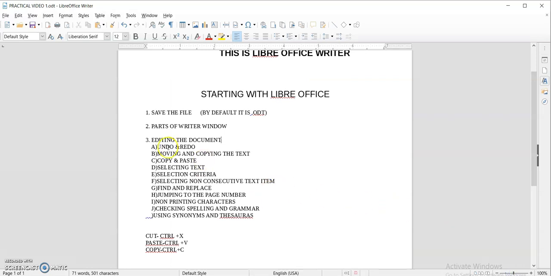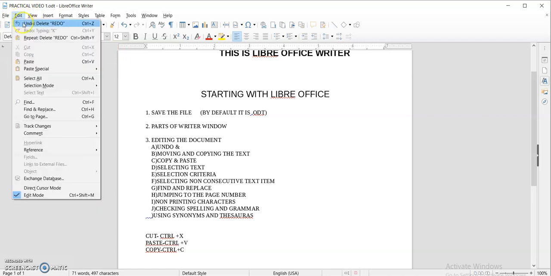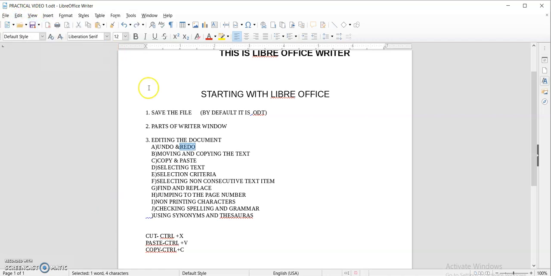Now the next is editing the document. First of all, we are going to know about how we can undo and redo the text. If we want to undo or redo the text, we can simply go to Edit. Then we can click on undo, redo.